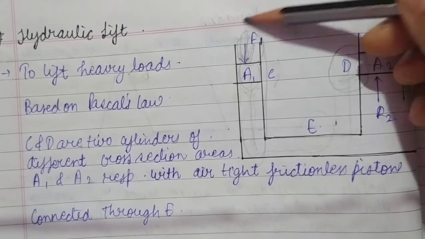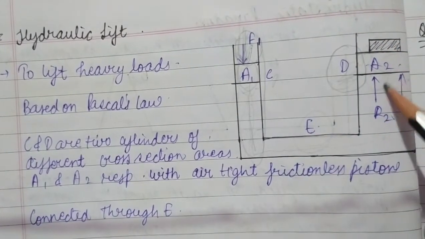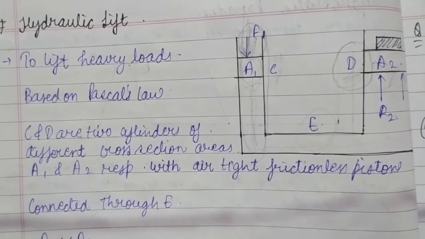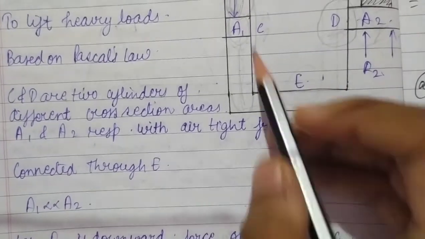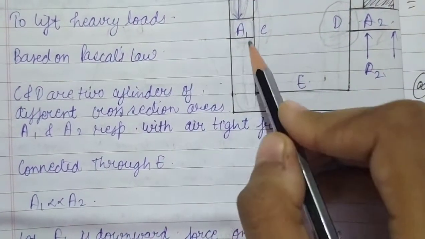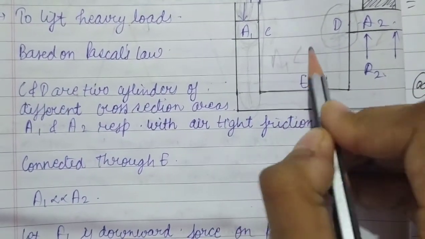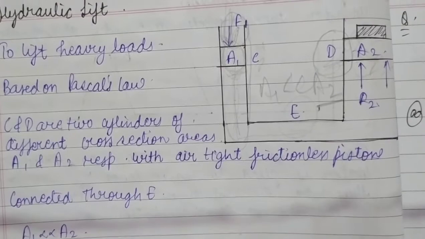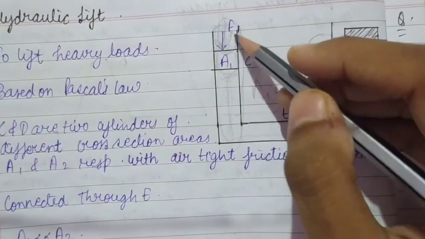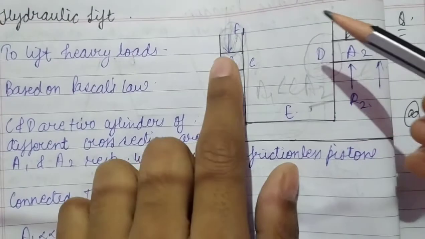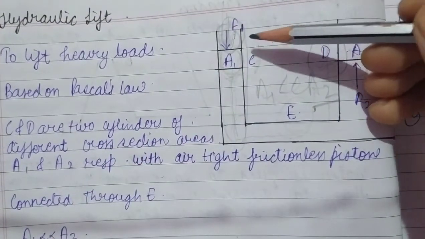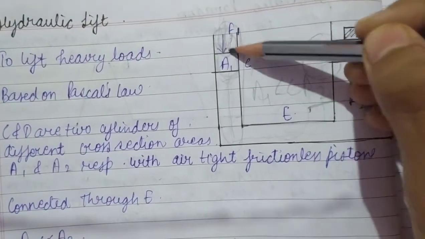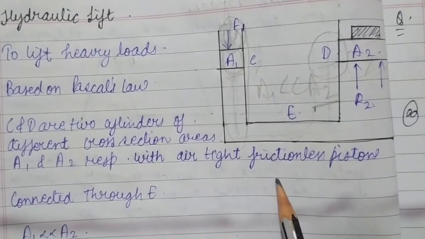However much pressure we apply here, there will be a reaction on the other side. We already know the third law of Newton. Now, the cross-sectional area A1 is very much less than A2, so A2 is very much greater than A1. F1 is the force applied on A1. Let us consider this a piston, with the help of which some force is applied on the cross-sectional area A1.